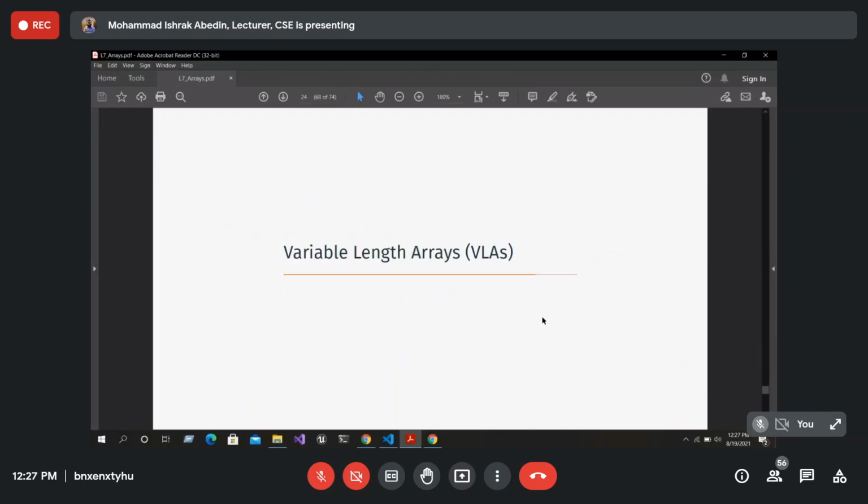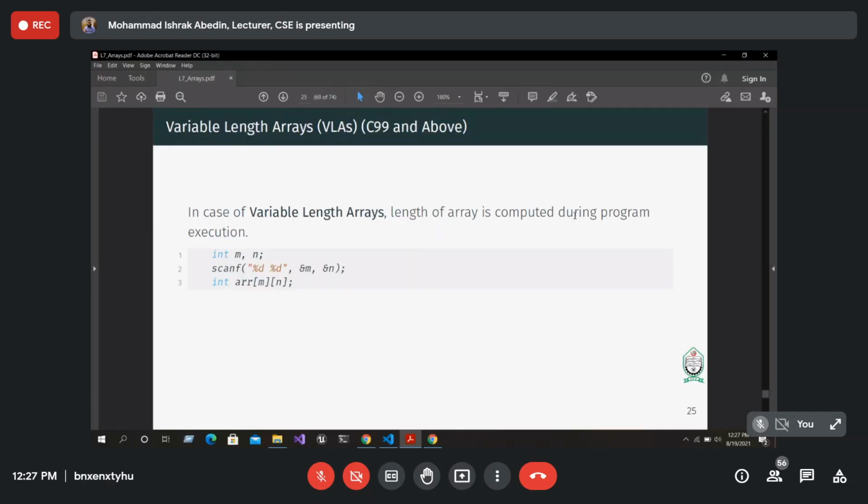So this is our last topic for today, which is called variable length arrays. Dihan, it will also answer your question from the previous class. Like array, that should be a constant expression, but how can we scan the value from the user and it works, or how can we set it and it works? So basically after C99 and above, we have something called VLAs, or variable length arrays, where we can basically take the length of the array as input, or we can keep it as a variable first